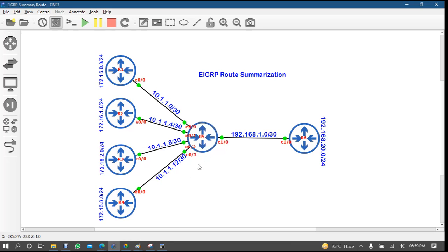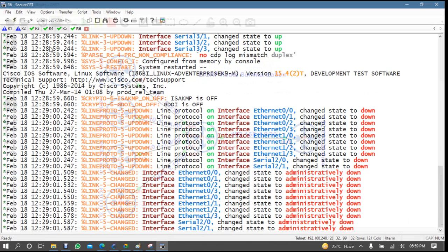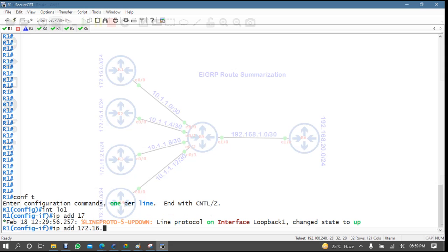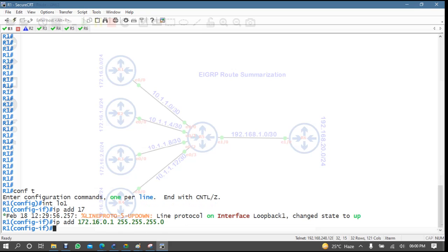Now we can come here to router 1. Router 1 has two interfaces, one is loopback and one is E0/0. So conf t, interface loopback 1, IP address 172.16.0.1, 255.255.255.0.